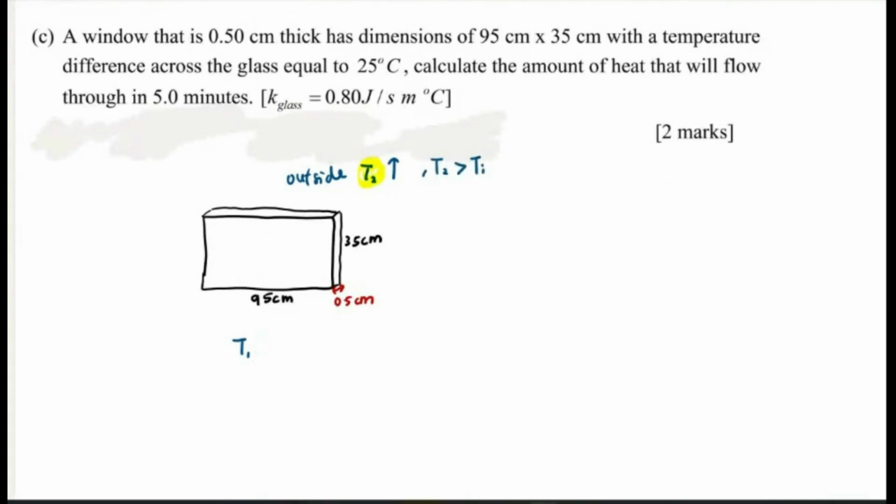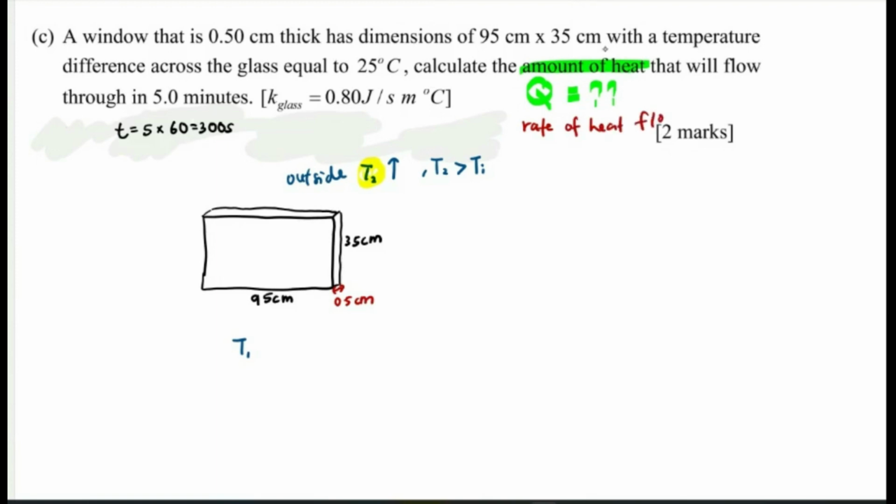Okay. So, soalan minta kita kira amount of heat that will flow through the window in 5 minutes. So given that T in 5 minutes, so you must convert to second. Okay. And then we want to find the amount of heat flow. Ingat the amount of heat flow means that we want to calculate Q. Tapi kalau perkataan soalan kata calculate the rate of heat flow,